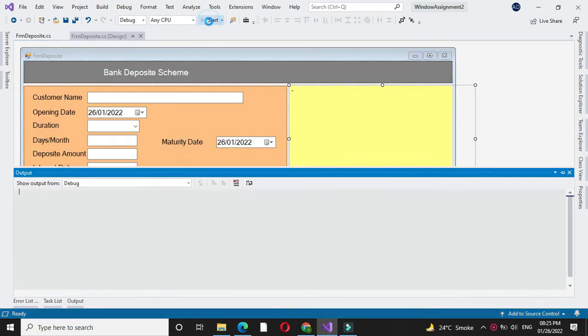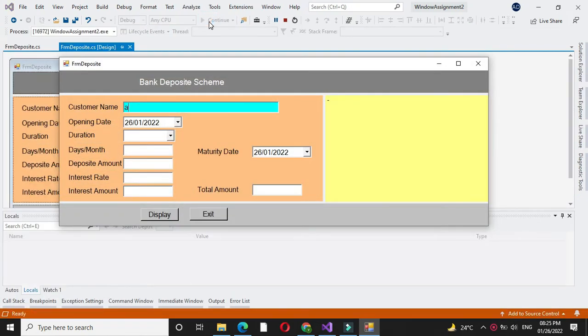Now we will execute it. I will enter customer name, I will enter duration in months, I will enter 12 months. When I select the duration, if it is in days, it will display enter days. If I select month, it will display month. If I enter month 12,